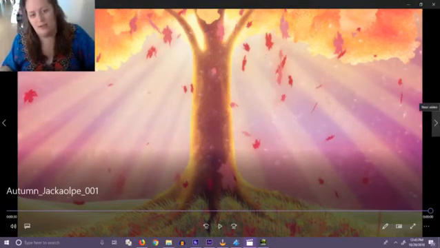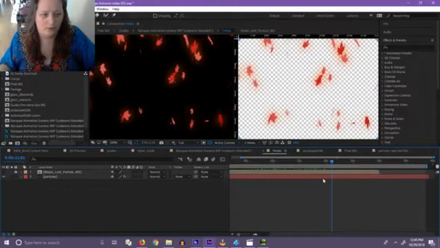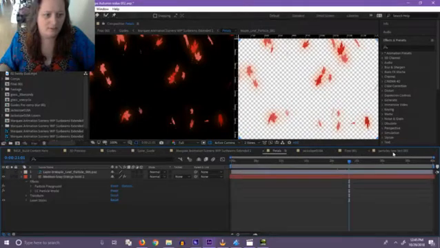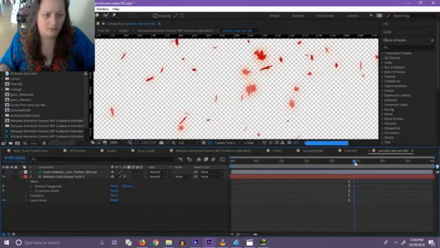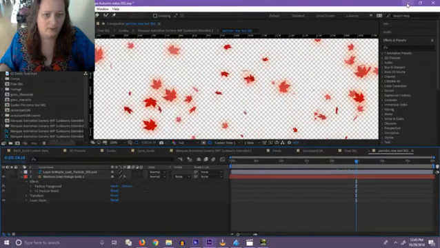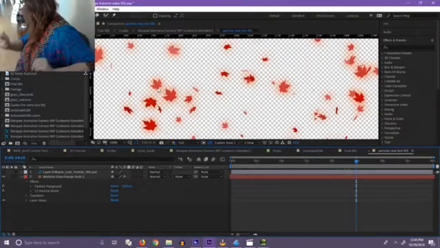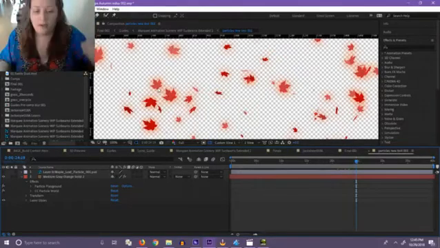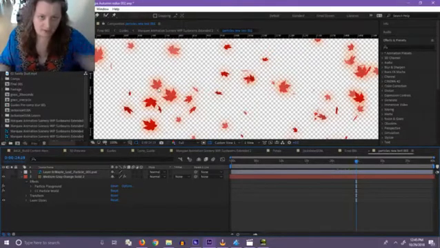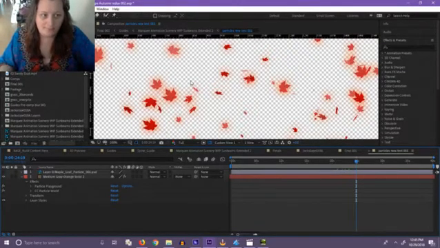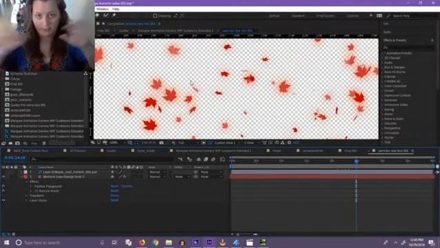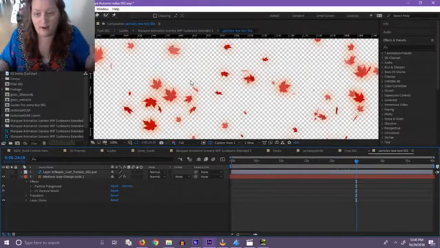So then I made the new particle, which is this one, which has a better look. These are actual leaves. Do I have it? Oh, I had them. I think my husband took them. They were actual leaves, and I picked them and scanned them, and I have lots of them. I've seen people do multiple particles, different kinds of particles. I can't get them to show up at the same time though.